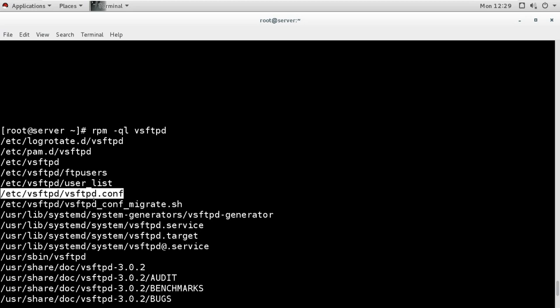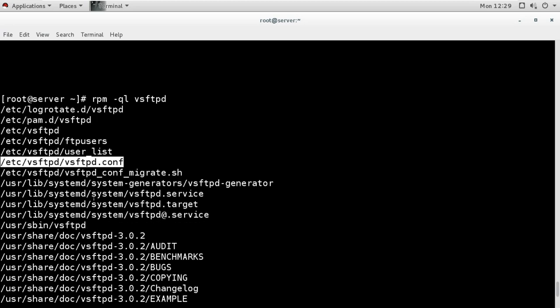Then the next thing is, under usr lib systemd system, in this directory, we know that all the service and target unit files are there. To run the FTP server, we require a service. For any server to run, we have a service for it.